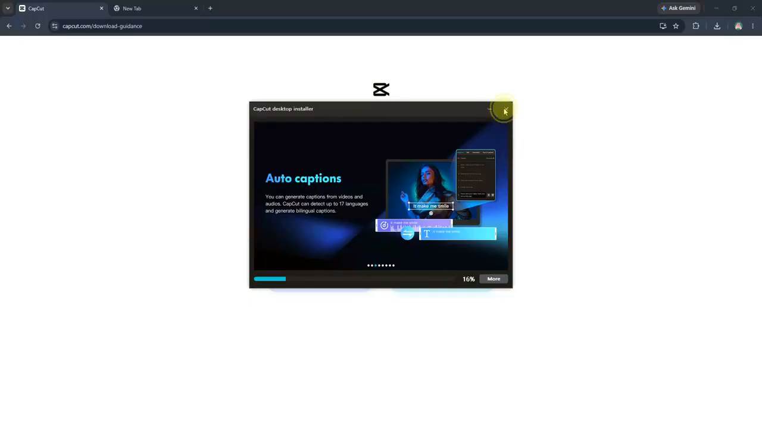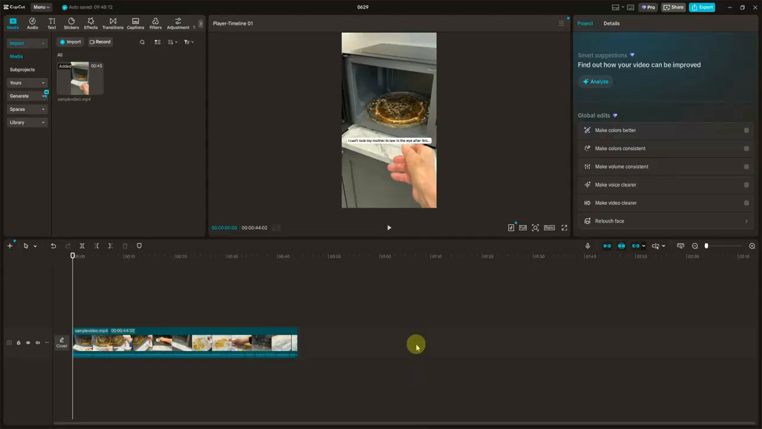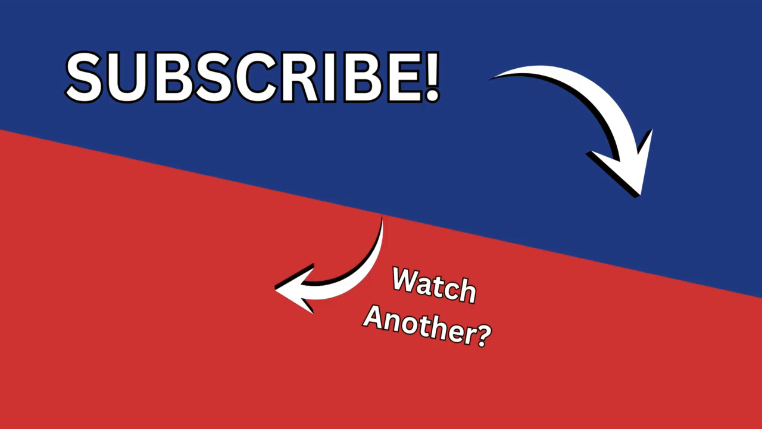Once it's finished, you can find CapCut in your list of installed applications or on your desktop if a shortcut was created. Double-click the CapCut icon to open the application, and you should be all set to start editing your